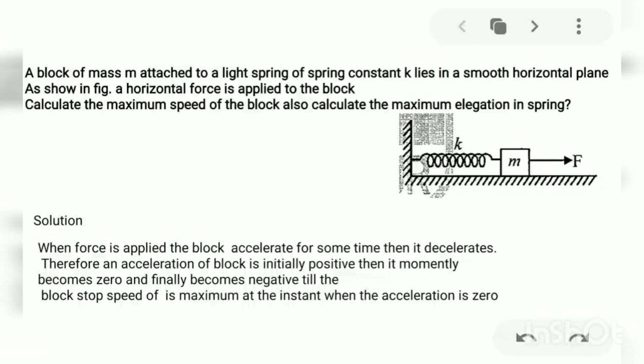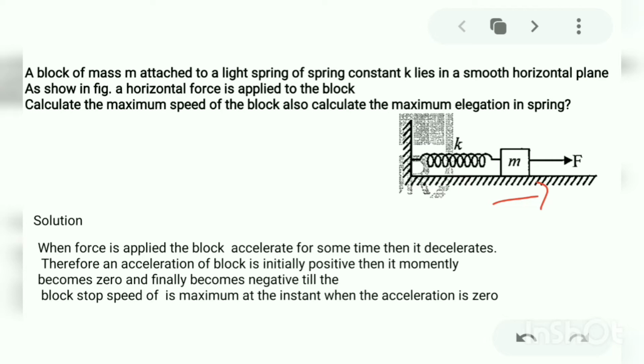So in this question we have to find the maximum speed of the block. This is the block, and the maximum elongation of the spring. So in this question, when we apply a force, the block will move forward at an instant of time t,